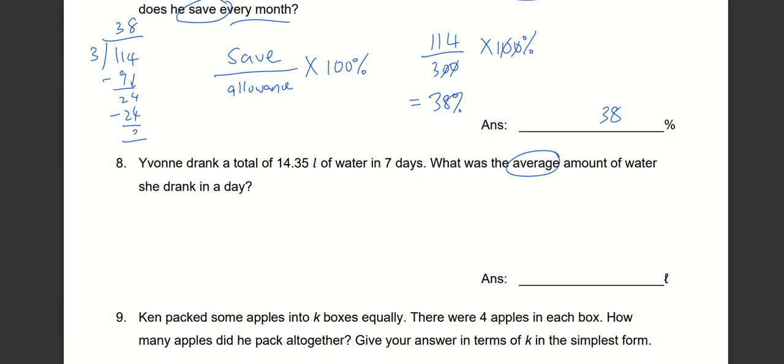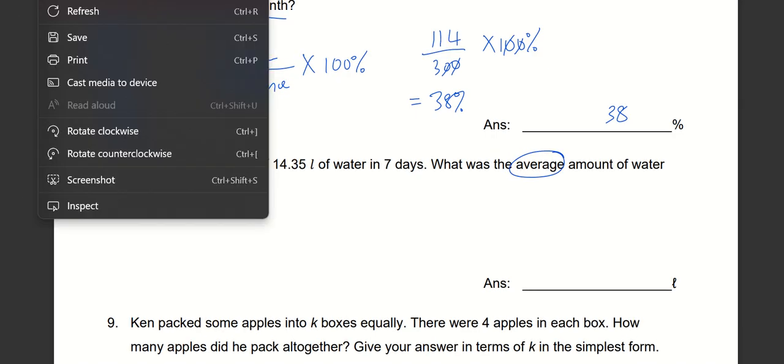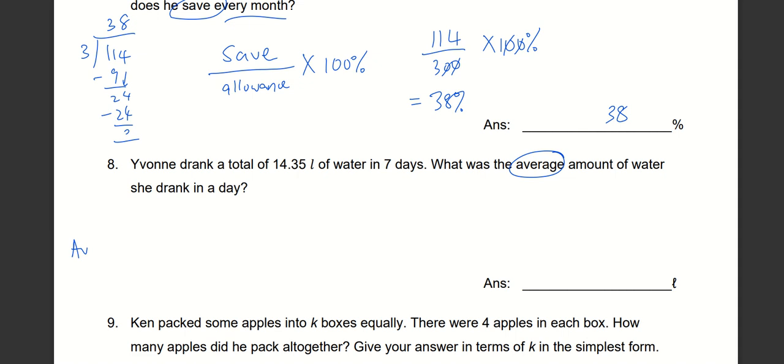Here's a question on averages. We know that for average, there's this magic triangle: total divided by the number of data. So here we are looking at the total that's given here. The number of data is 7 days. Yvonne drank a total of 14.35 liters of water in 7 days. So the average amount to drink in a day